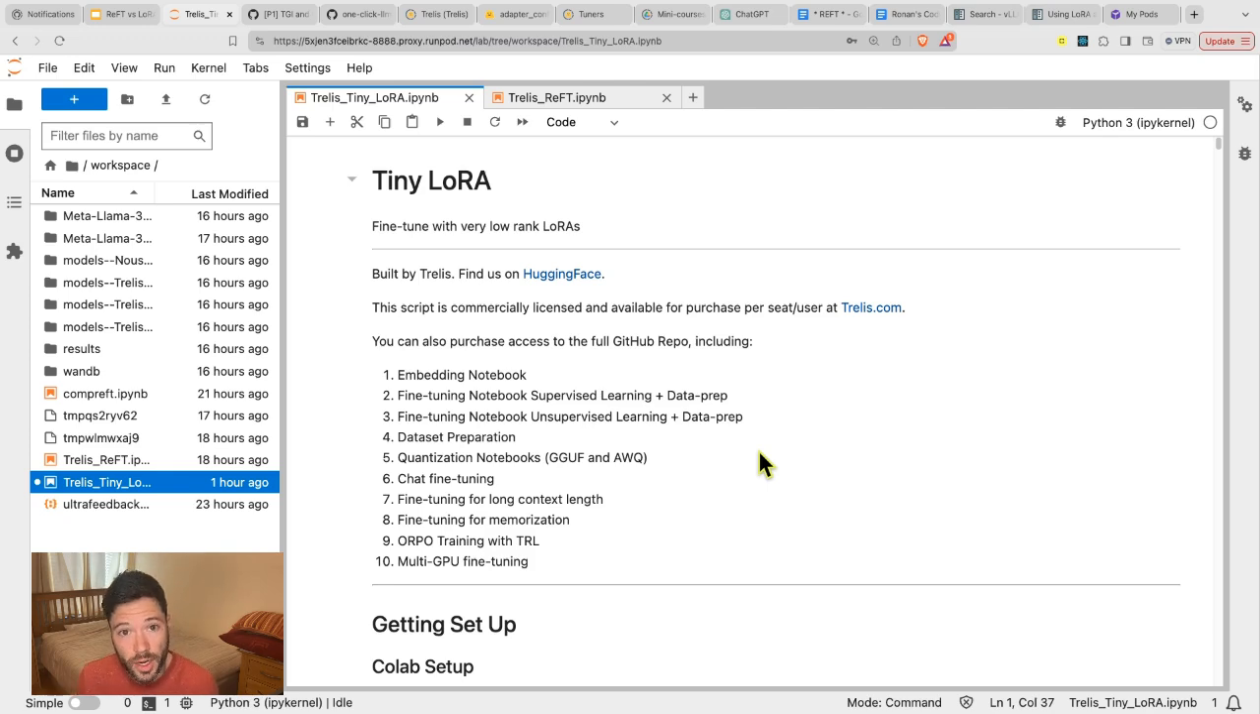Once the notebook has started, I'll open up Jupyter Notebook, the web version, and I have uploaded here Tiny LoRA and also Trelis ReFT. These scripts are available in the Trelis Advanced Fine-Tuning repository. You can purchase lifetime access to that at trelis.com/advanced-fine-tuning. In the case of ReFT, there are very many scripts that are already available. If you just type PyReFT into GitHub, you'll see a number of scripts for fine-tuning